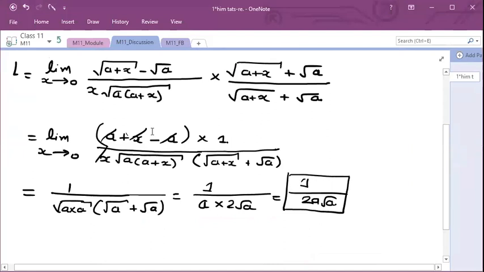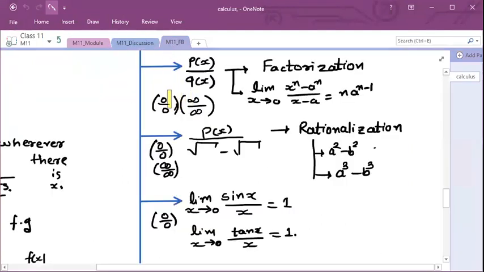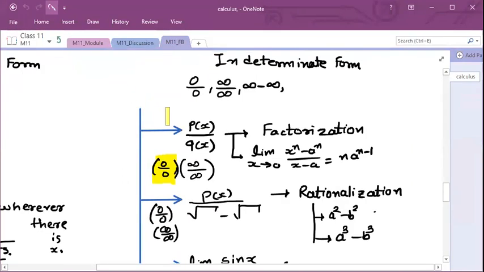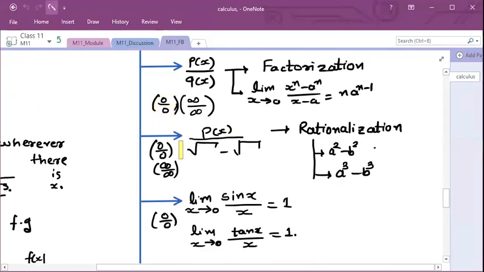See, I have used rationalization, Jitendra. First, put your values, right? What is your first step? Release the limit. When you release the limit, it will be 0 by 0 form. So if you are having 0 by 0 form, then what should be done? If 0 by 0 form, then observe your question, right? If your question is having square root minus square root, then you have to use rationalization. So let us use rationalization over here.